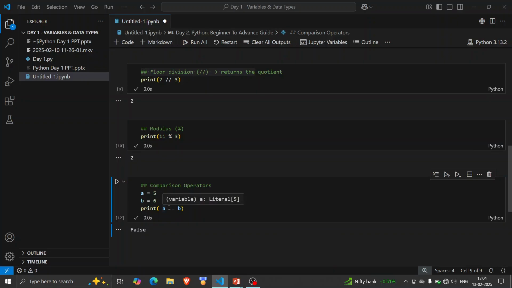Both are used for comparison and return either true or false. If I change this to not equal to, then it will give us true because both are not equal. So these are all comparison operators. They are very useful when you have to check any conditions.